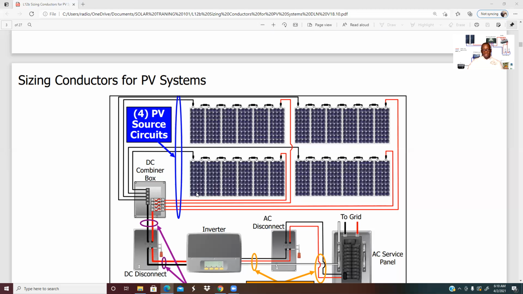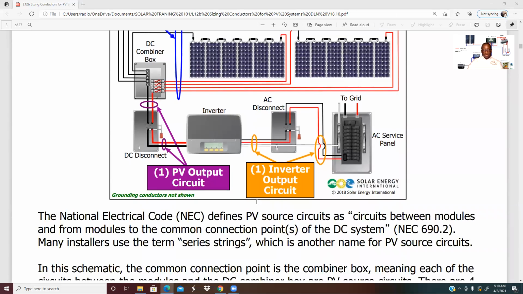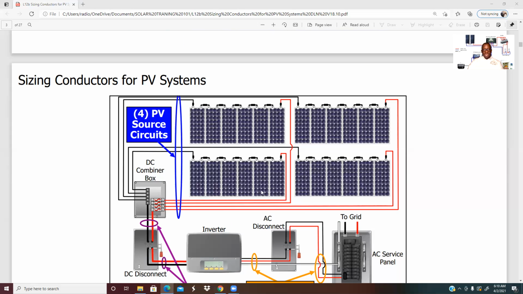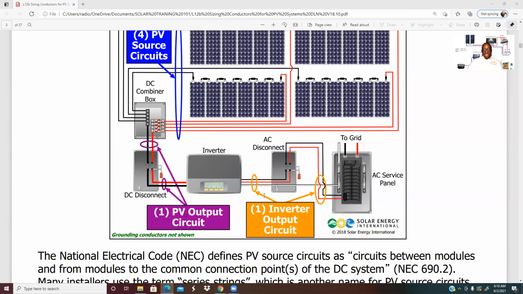So that's what you notice. So we have our sockets, all the runs here. We have different sockets combining here. Now these sockets are not used. These combiners here are not the one that is supplying to the various outlets in your house. They are just used for connection between your various devices, your inverter, your AC disconnect, your DC disconnect, and your AC panel box